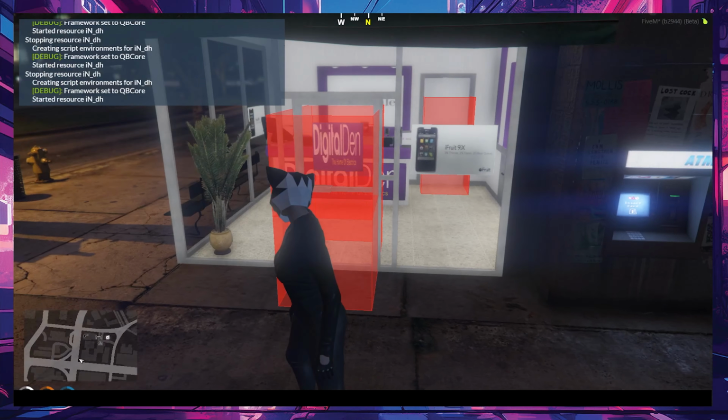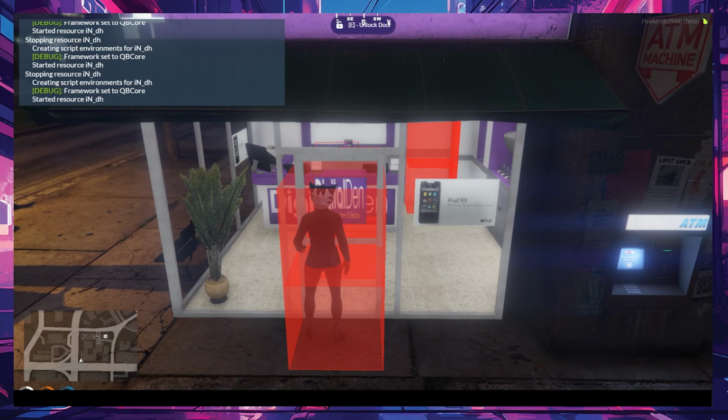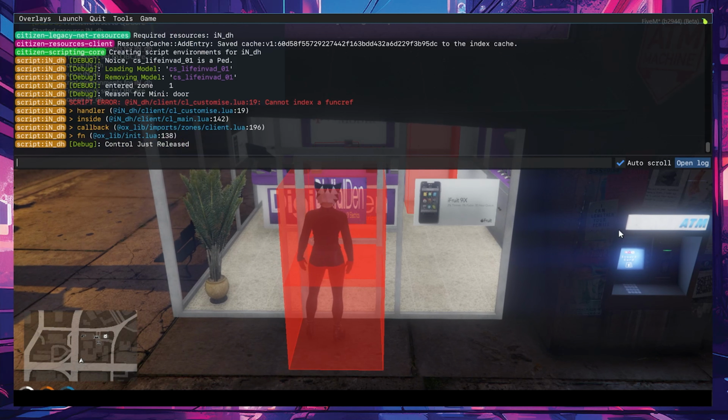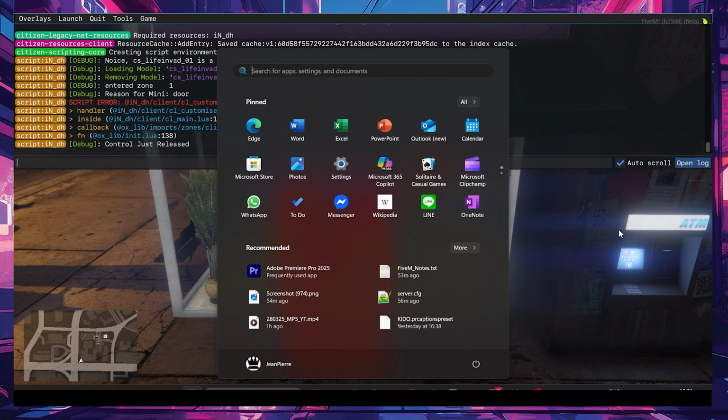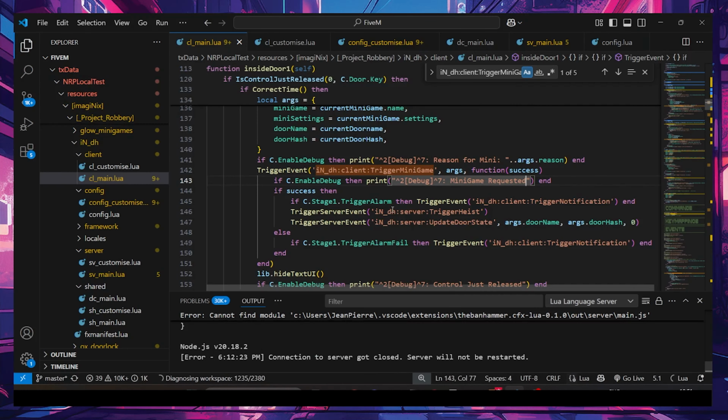Let's have a look at that. Pressing E, what happens? Okay, we've got our reason for mini, which is door, but our event has not been triggered in this script either. Right, so we get that print, but this trigger event